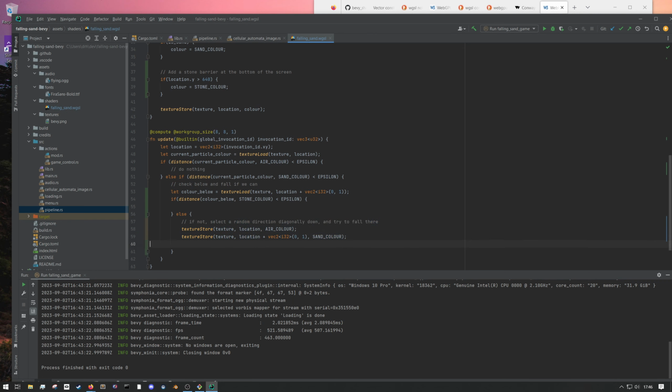What do we want to do? We basically want to, if it's stone, do nothing. So if we're directly above stone, do nothing. Also, if we are directly above sand, we want to do the same, although we want to fall diagonally down, don't we? Okay, hold on then. Let's just sort out the stone for now. I do realize that this means that we can fall through sand, so it'll look a bit weird, but